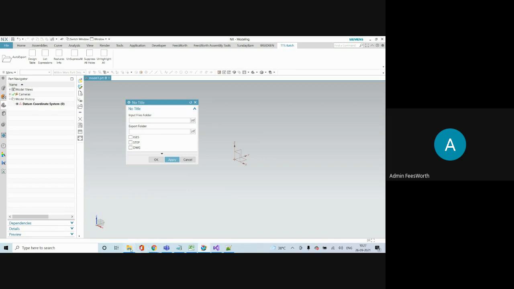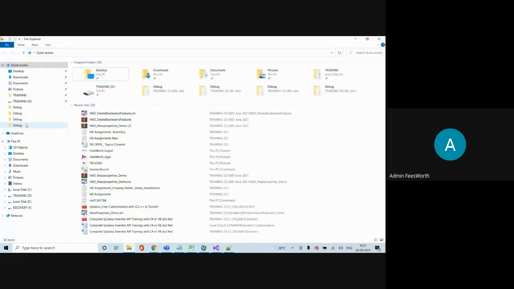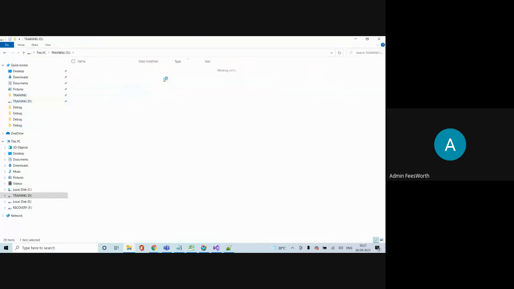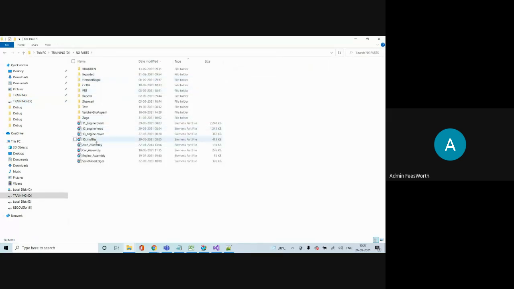I'll just run this example also. Let me go to the D drive, training, NX parts. I see a lot of files here. I'm going to create a new folder for you guys. Maybe my mouse is not working properly.